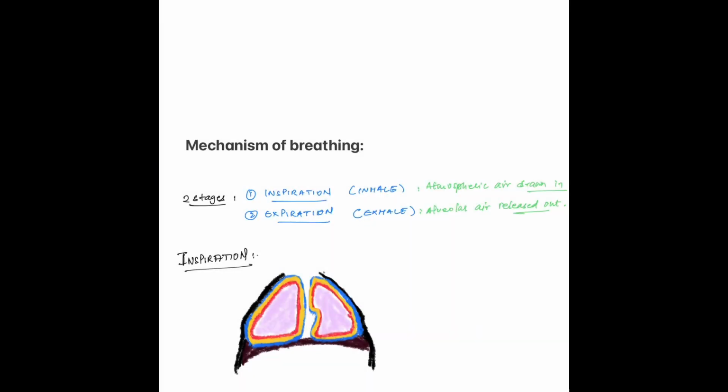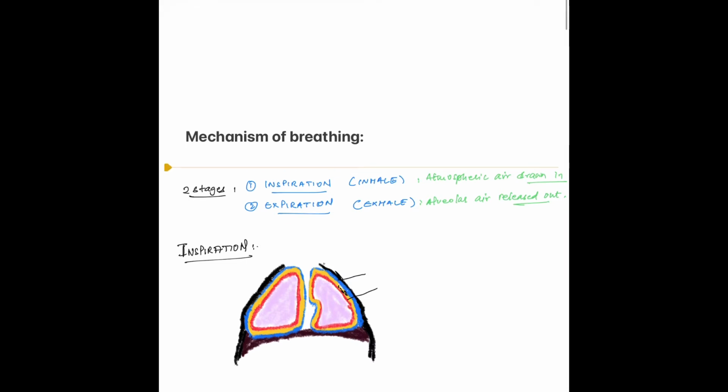From the video clip, I wanted you to understand how the pleural fluid holds both the layers of the pleura together. So as we already know, the outer pleura is attached to the inner surface of the thoracic wall, the inner pleura is attached to the lungs, and the pleural fluid holds both the layers of the pleura together. And just like how the glass slides were sticking with each other because of the surface tension of the water, the pleural fluid sticks both the layers of the pleura strongly with each other.